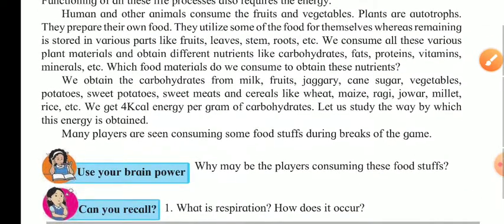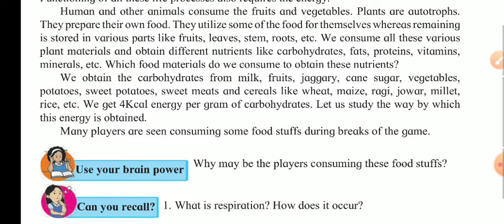On the other hand, human beings and other animals depend on fruits and vegetables. It means we are heterotrophs. Heterotrophs are those which depend on other organisms or other things for their food. Whereas plants are autotrophs. They produce their own food. They do not consume the entire part of it. Some part they consume for their metabolism, their internal processes.